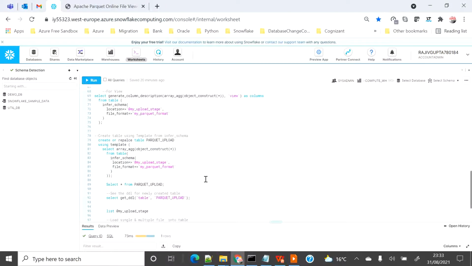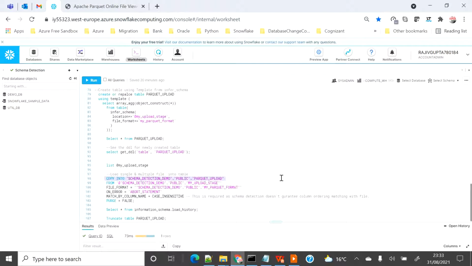To load the data you have to use the COPY statement, and one important thing to remember is that you always have to use MATCH_BY_COLUMN_NAME equal to case sensitive or insensitive. If you know that your data is case sensitive, you can provide case sensitive, but in my view, always provide case insensitive so that you can match the column names in multiple cases. Whatever case is there, it will get matched based on the column name. Why is this required?